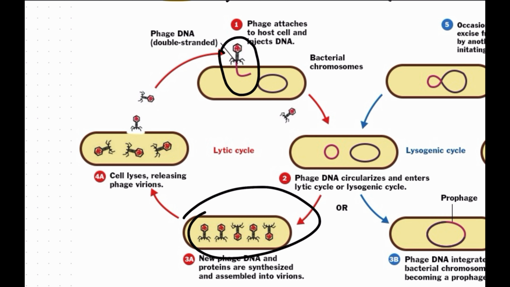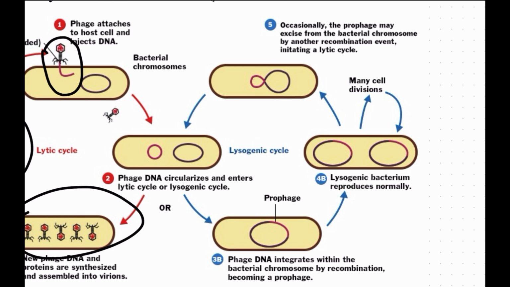And then when the cell is full, it bursts open like a big boom. It bursts open in a process called lysis, releasing the new viruses to infect more bacteria. So the lytic cycle, I think of it as these T4 bacteriophages are lit. They're ready to party. They're ready to mess up everything, destroy everything. So it's something that's fast and quick. It latches on. It reproduces new phage DNA, and then it releases all of them out to go and attack other bacteria. In contrast, some other bacteriophages can follow the lysogenic cycle, where the viral DNA quietly, this is kind